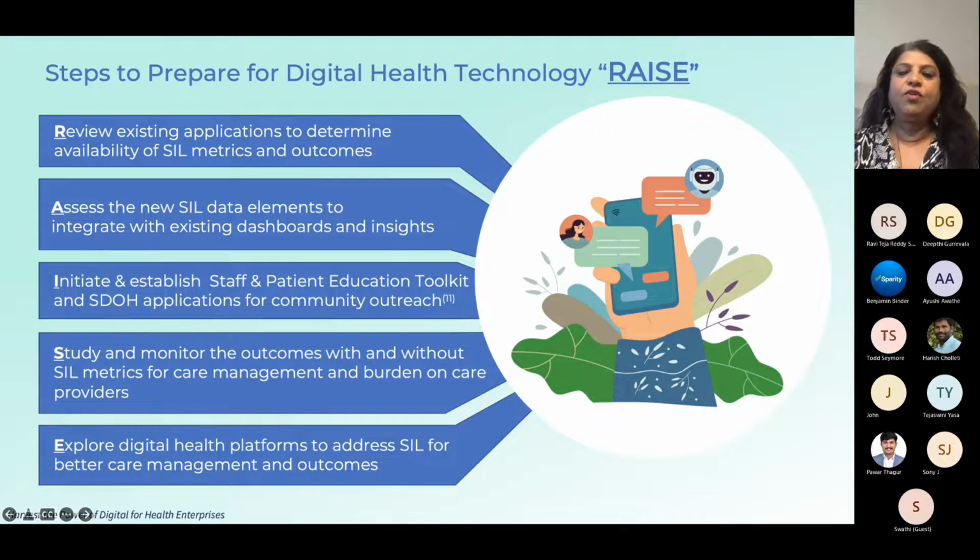The first one is, if you are going to implement any digital health technologies to support you, to enable you to help see more patients more holistically, then you have to understand your existing applications within your ecosystem. You have to know, do you have an EHR system? Do you have a revenue cycle management system? Do you have a scheduler? Do you have a billing system? Are you outsourcing that to a third party? How well integrated are they? Are you using any other third party platforms to address, maybe, filling out the forms ahead of time, whatever that may be.